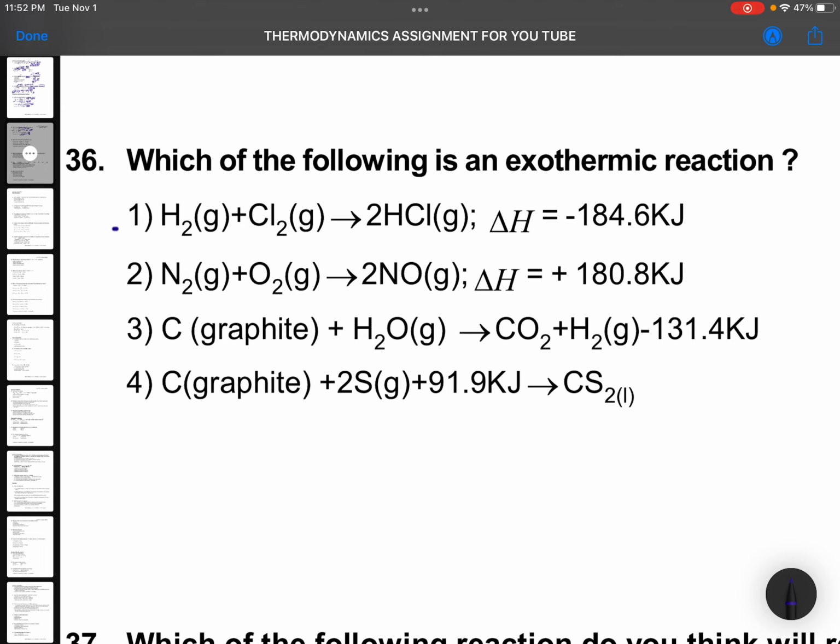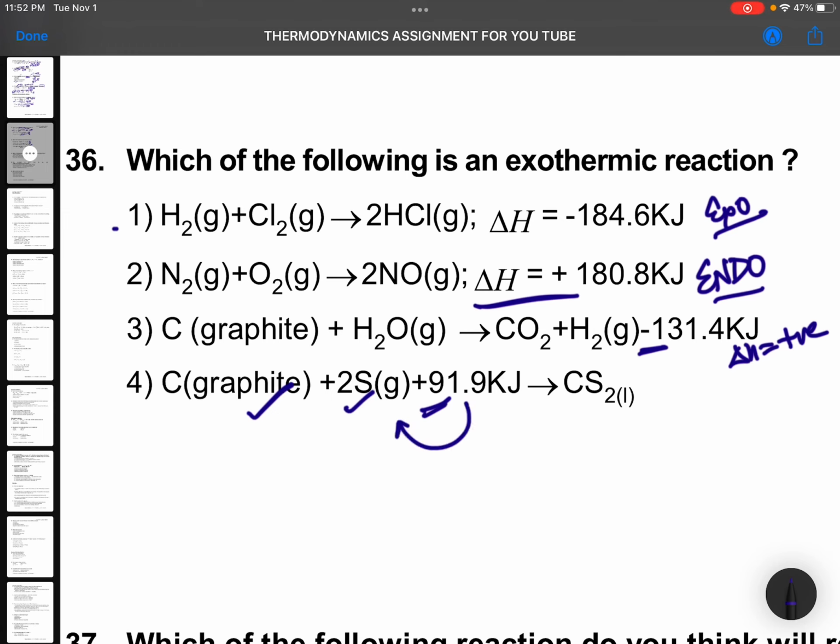Which of the following is an exothermic reaction? Delta H negative, exothermic reaction. Delta H positive, endothermic reaction. In the equation, it is given minus here, so that means delta H is positive. In the reaction, this side is given plus, and that means along with graphite and sulfur, you need to supply this much amount. So delta H is positive, or you can say endothermic. So the right option is